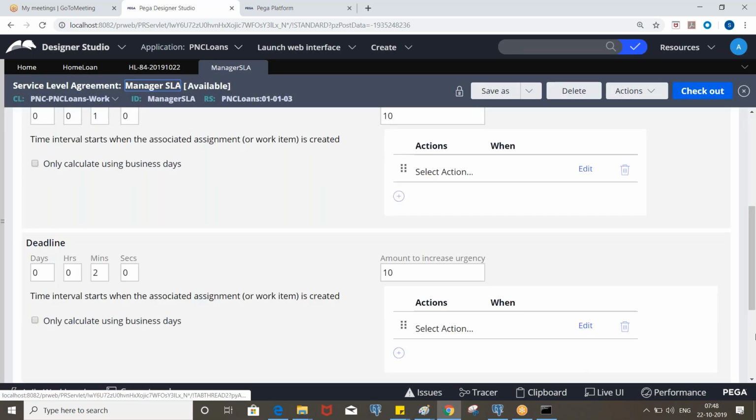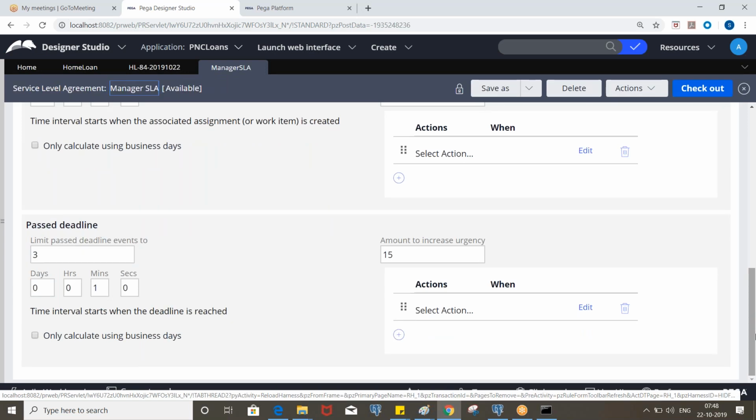Okay, so now before we are invoking the activity here, we need to know what the OOTB functionalities are. We have to send an email. It will be like outbound email.